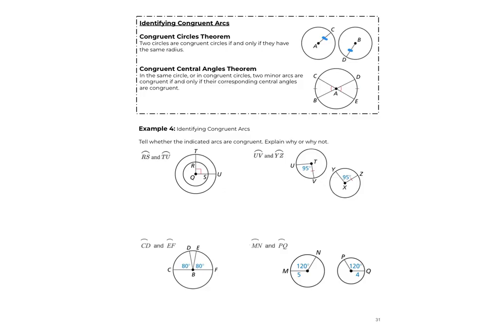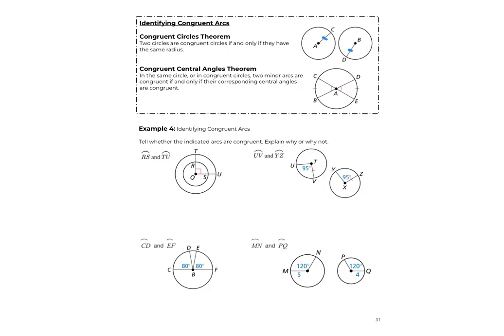If I have one circle that has a radius of 4 and another one that has a radius of 5, those circles will not be the same size, right? But if two circles both have a radius of 4, then those two circles will be the same size, every time. The second theorem, in the same circle or in congruent circles,